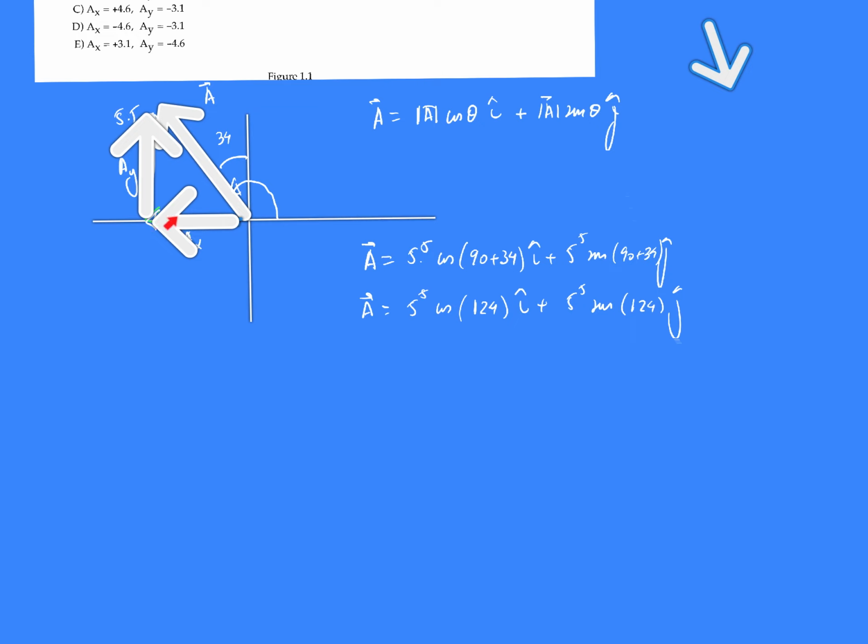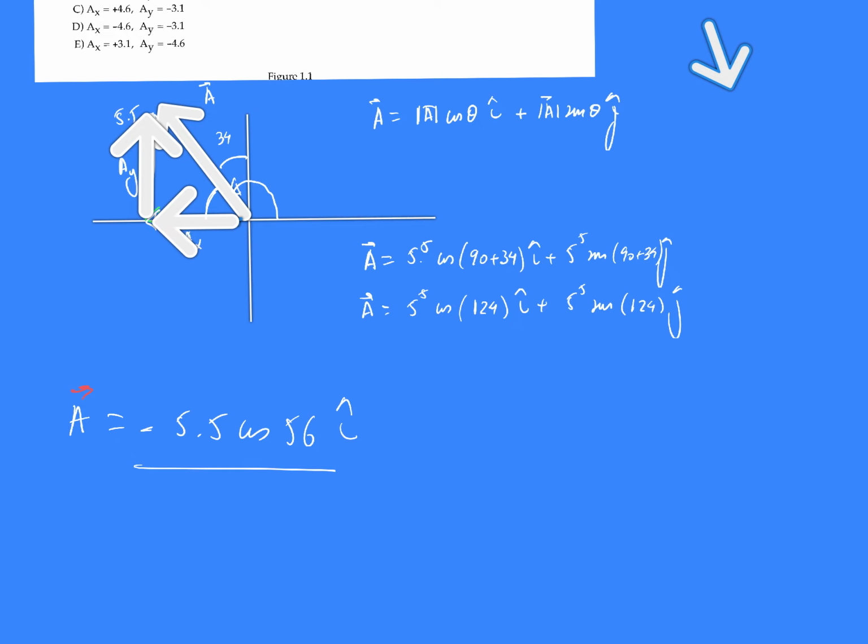So let's find this vector. This vector has the magnitude 5.5 cosine of this angle. What is this angle? This angle is 90 minus 34. 90 minus 34 is 56. And this vector is going in the minus i direction, so I will put the minus and the i. So the vector A is the sum of two vectors. This one,